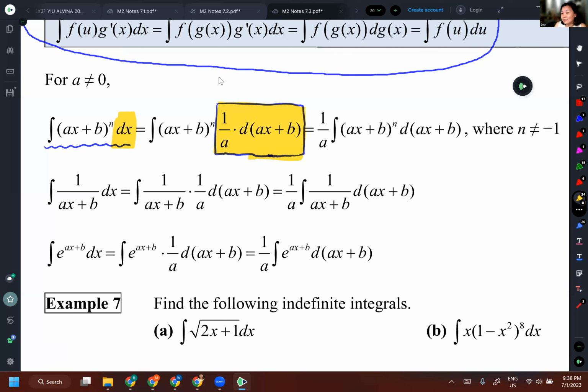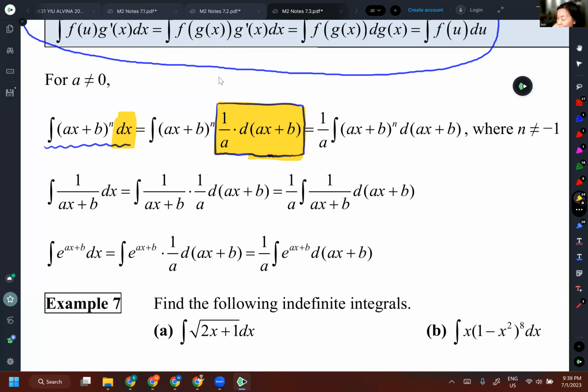That is a change of variable, if you may. Now, right now what you do is, it's like multiplication, and then you need to divide. Now, because here I multiply a, so I need to divide a. Okay, so you just remember, because I multiply, then I need to divide. Now, as to the plus b, we need to realize, at least admit, that it shouldn't change the outcome, because